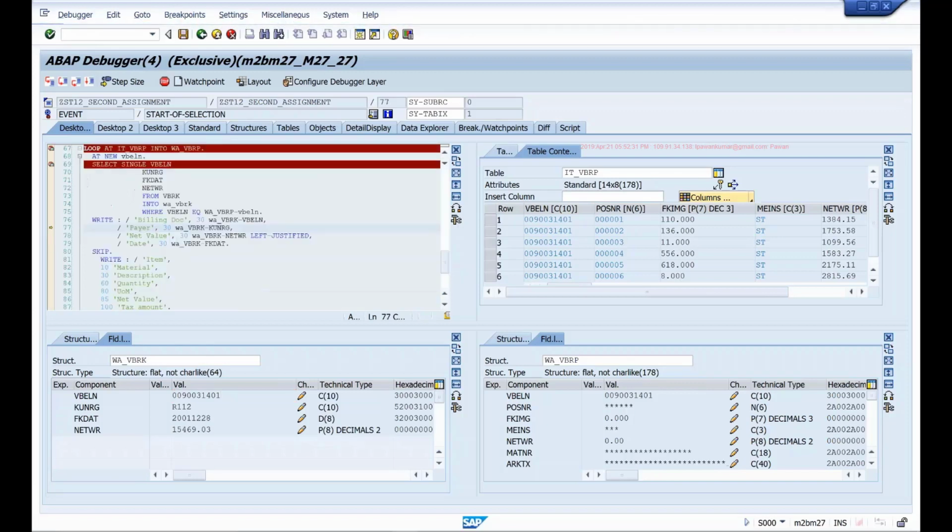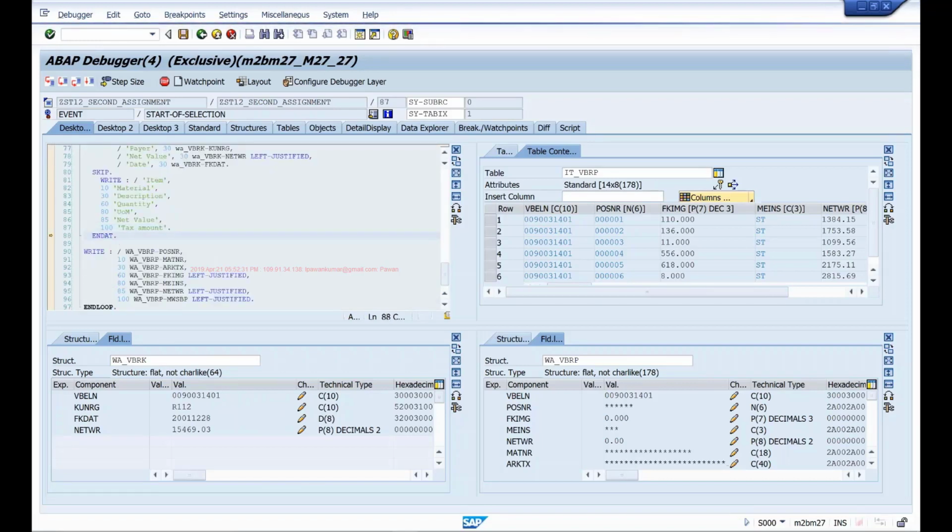Then we are printing this header, then printing the column headings for the item, and then printing the actual item details, right?